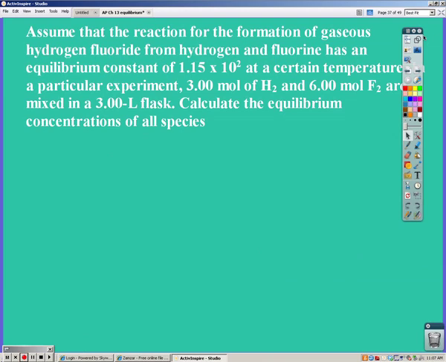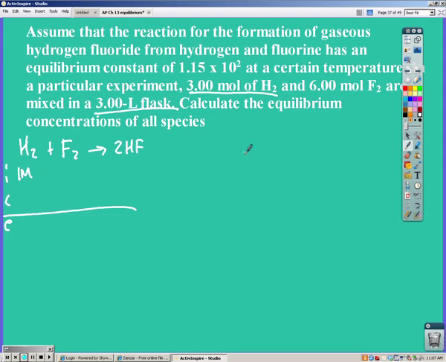Okay, on this one, we're going to go ahead and change that equilibrium constant to a negative 2, even though it really is a positive 2. We have the same equation, and this time we have 3 moles of hydrogen in a 3-liter flask, so that's 1 molarity. And I have 6 moles of fluorine in a 3-liter flask, so that's 2 molarity. And I have 0 hydrofluoric acid. So unless it says it, you don't have it in the beaker. Write my change line, bring everything down,